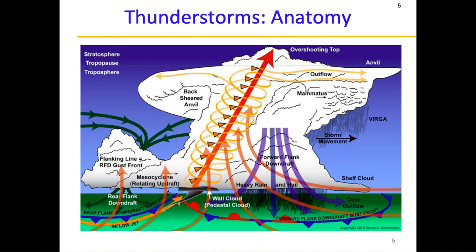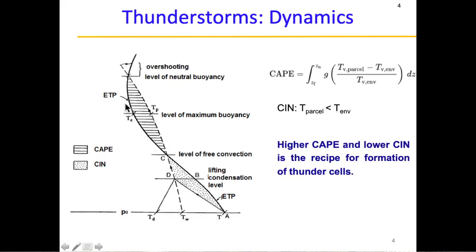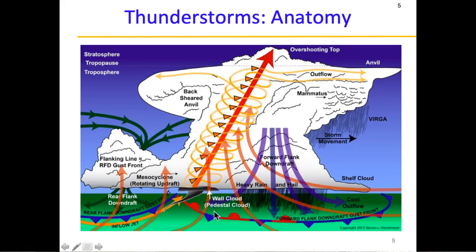And then after that, the temperature of the parcel is always greater than that of the background atmosphere. So it will keep rising up, and that means the CAPE is also higher, and that CAPE will ensure that you have these tall clouds forming. The place where the CIN is being broken is known as the lifting condensation level, because that is usually the base of the cloud, and that base of the cloud is where the CIN barrier has been broken, and after that the CAPE takes over, and the CAPE ensures that the clouds grow much taller,